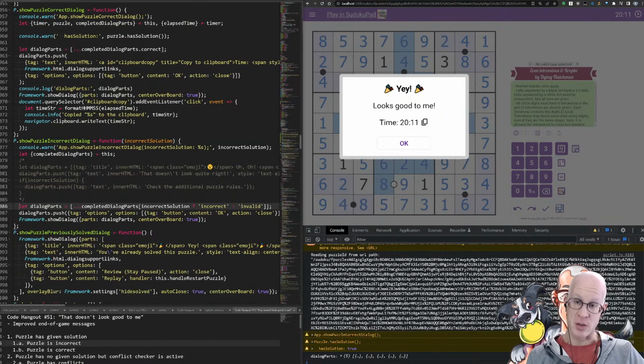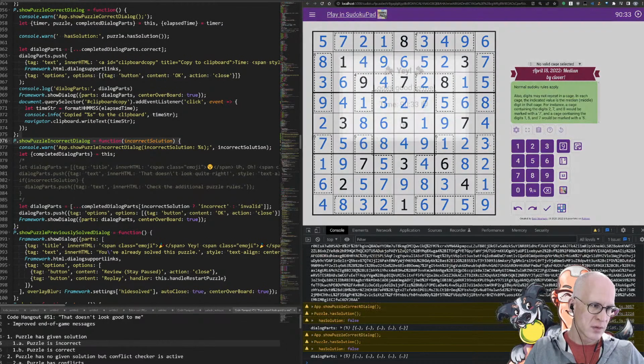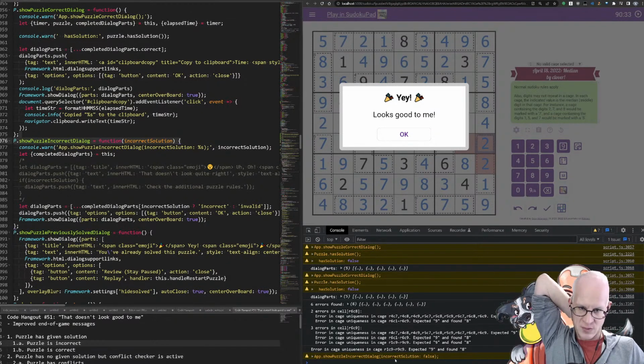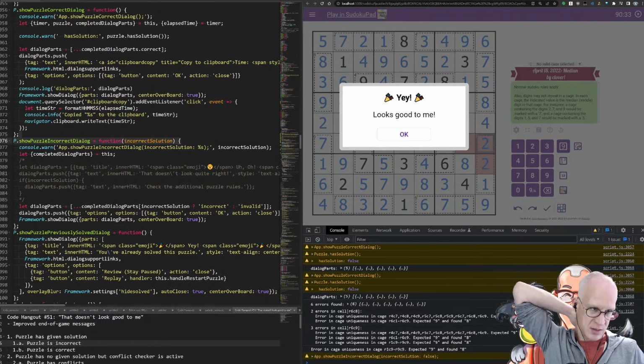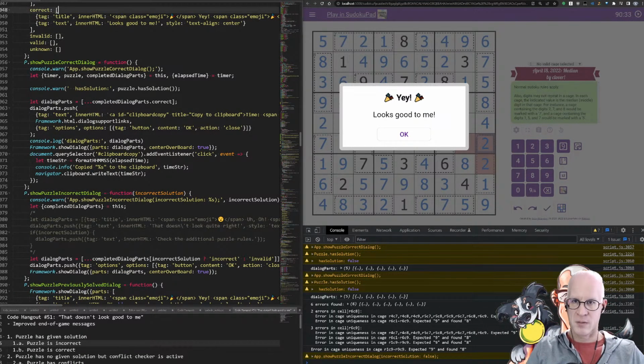Okay, because we're always incorrect here. Even... wait. So, wait a second. On this one, if I do this, and then do this... Incorrect solution is false. If incorrect solution is true, it's incorrect. It's always incorrect. So... So invalid is, oh man.